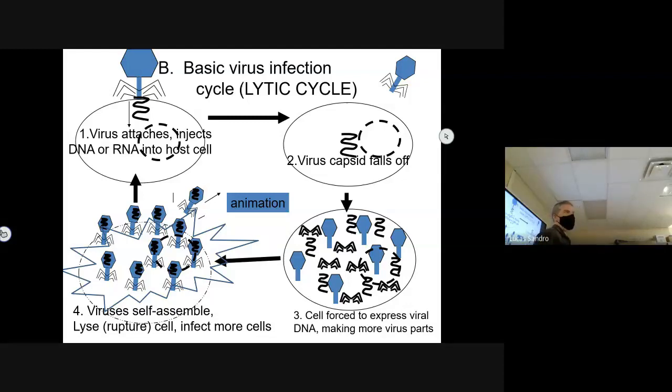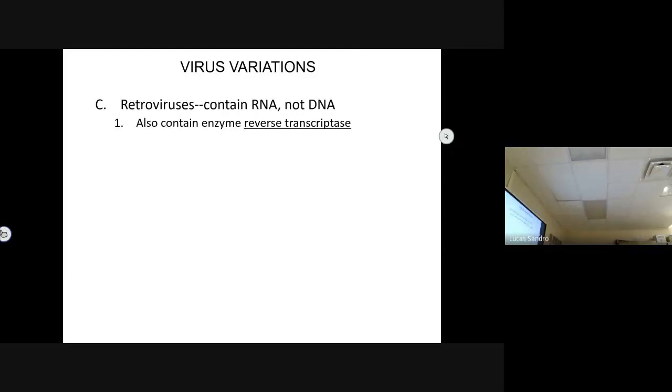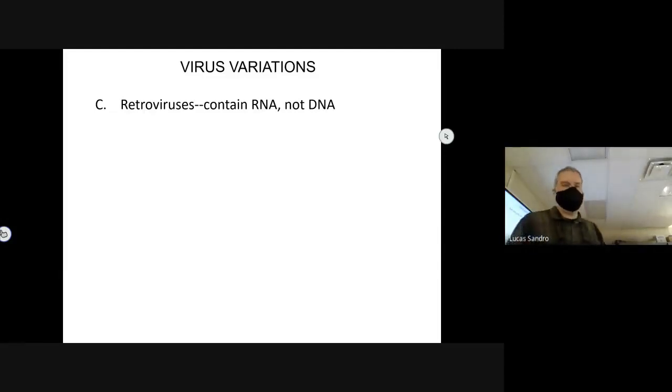So it turns out that, of course, as you get into viruses that infect more complicated living things, the viruses get new tricks. We'll talk about one of those tricks. We're going to skip another one, and I'll just mention it. But you've probably heard the term retrovirus. HIV, the virus that causes AIDS, for example, is a retrovirus. And what retrovirus means is it's a virus that has RNA instead of DNA, which seems like not a very good strategy for a virus,